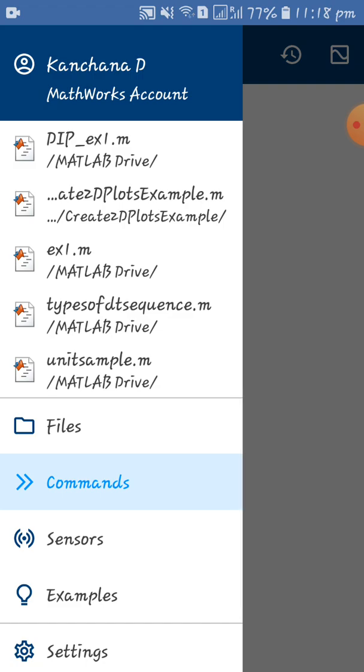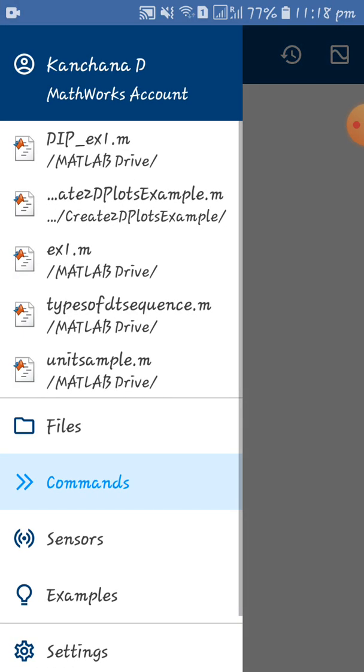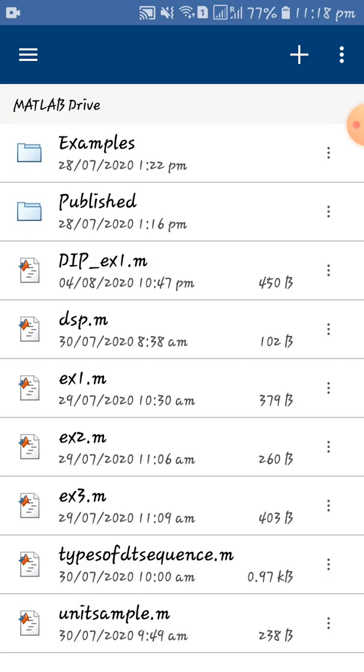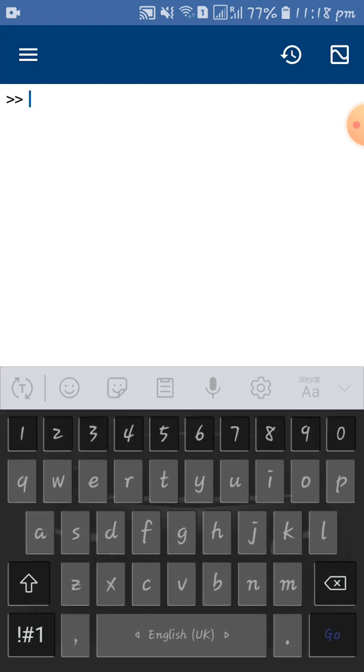We have seen how to activate your account in the previous video, and here at the top you can see the codes which I have executed before. The files option is used to create a MATLAB script, and the command window is like the live screen where you can run the code and see the output more clearly, I mean instantly. But one thing with the command window is that your code won't be saved for future reference.